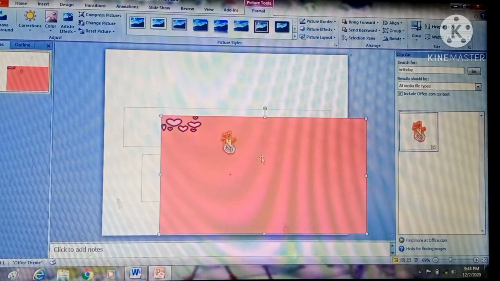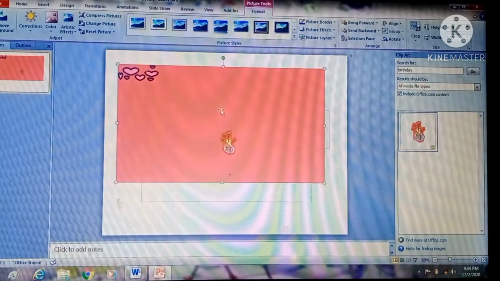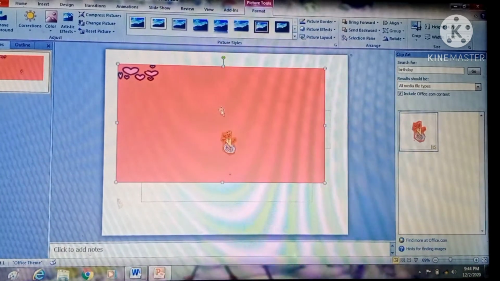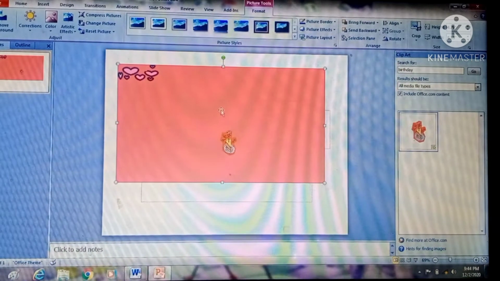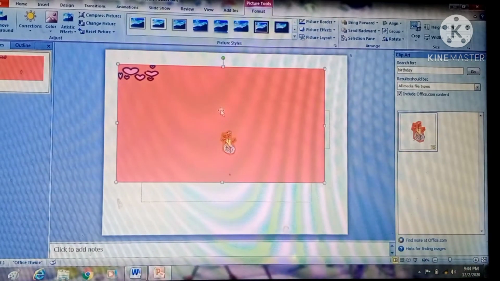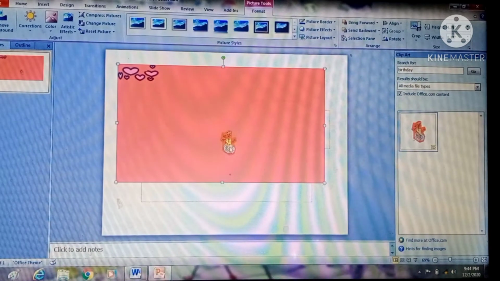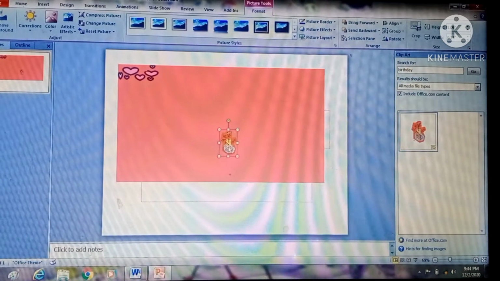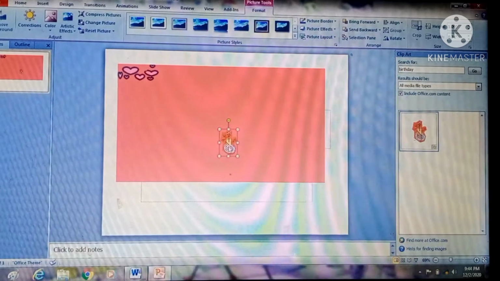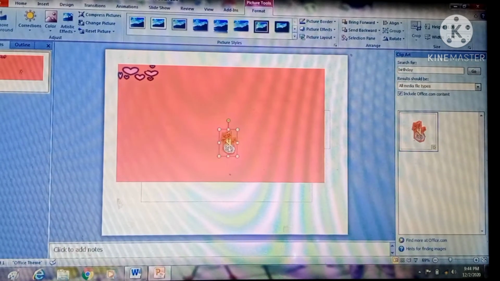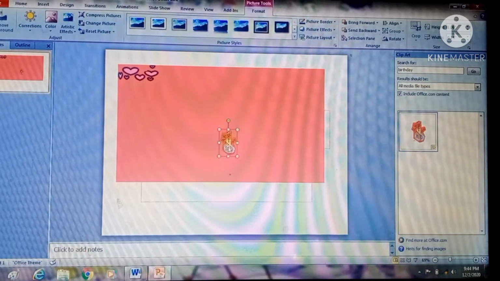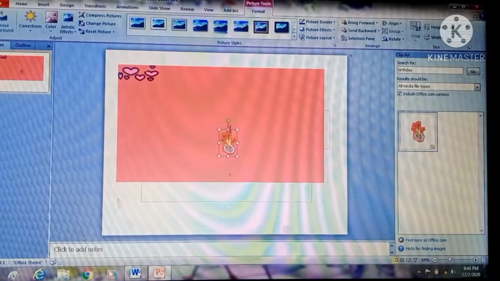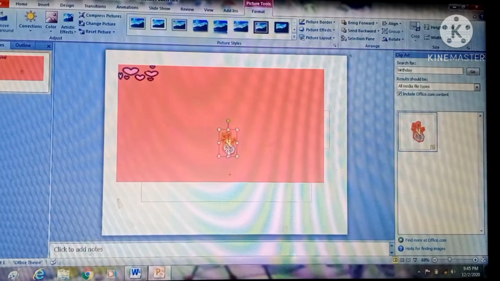Next is how you can rotate an image. If we want to rotate an image, then click on the picture like this. I have clicked on this picture and I have selected this image. Now this green mode, like this, I am moving my mouse.